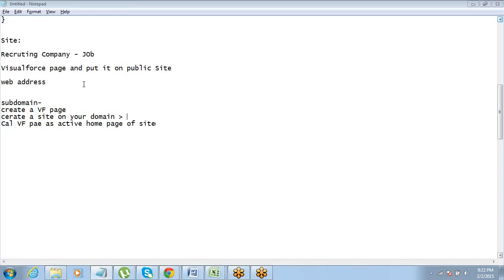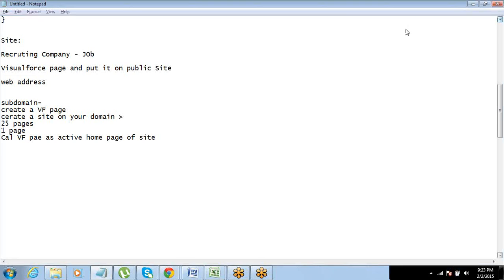Okay. So for a subdomain, usually on an enterprise edition, you can create up to 25 pages. But developer edition allows us only 1 page. So I just included one now. This way we could have used 25 on an enterprise edition. But the problem with developer edition is it allows us only 1. That's fine, but we are still able to do it and check how it works. Yeah, so this is how a site thing works.